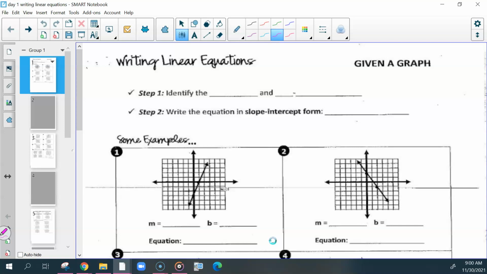Everyone have these notes out? The notes that they're